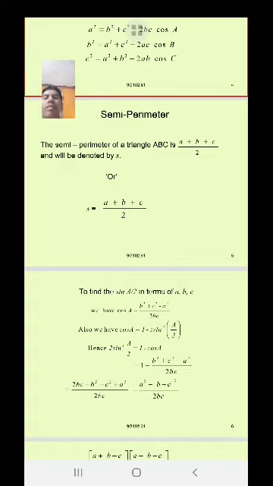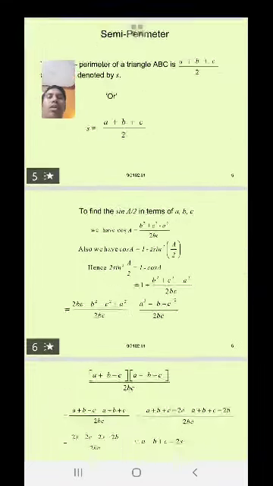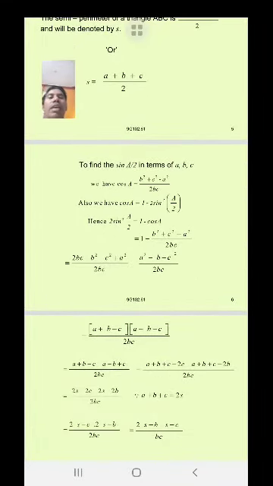Semi-perimeter. The semi-perimeter of a triangle ABC is (a plus b plus c) by 2 and will be denoted by S. So S equals (a plus b plus c) by 2. To find the sine A by 2 in terms of a, b, c,